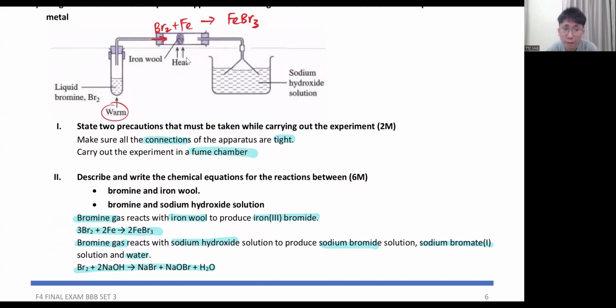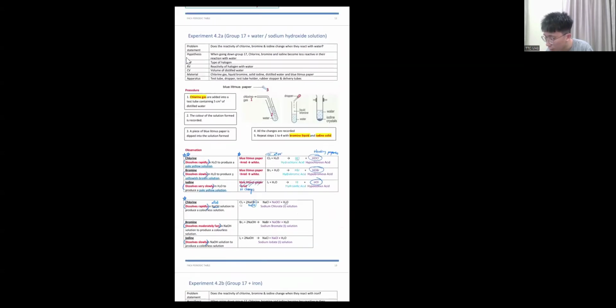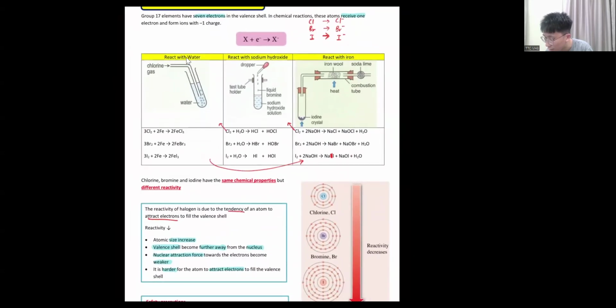Okay, the reaction with iron wool also shows you reactivity. Let me show you. Let me wait, because maybe some of you might still be thinking, teacher, what is the reactivity? Let me show you. So for group 17 is